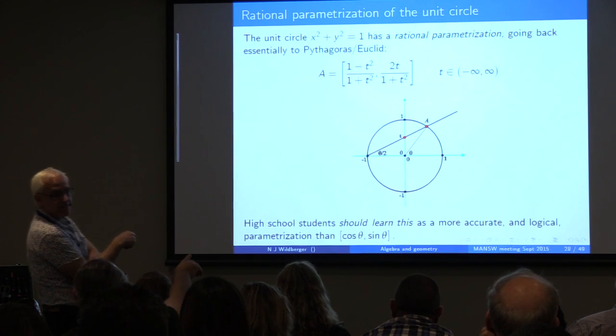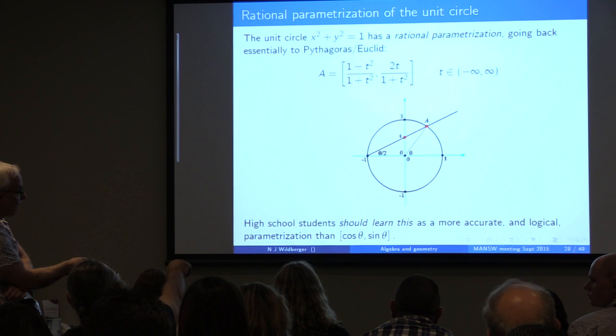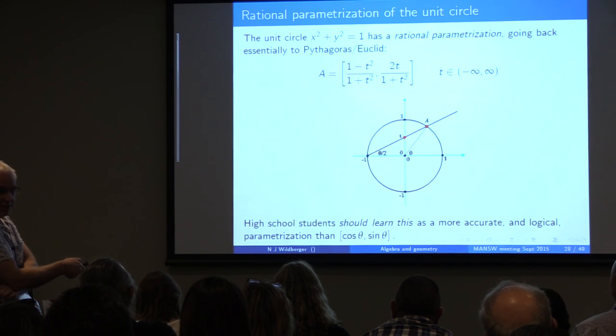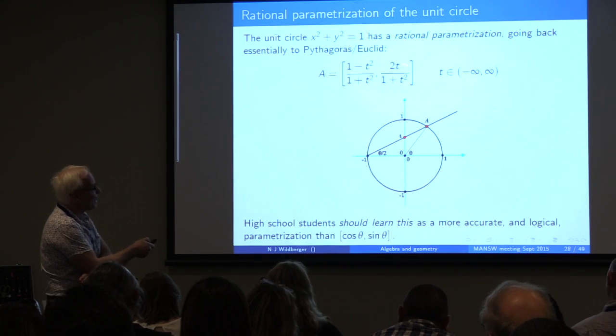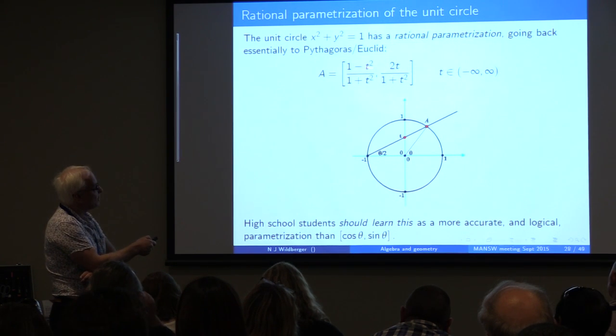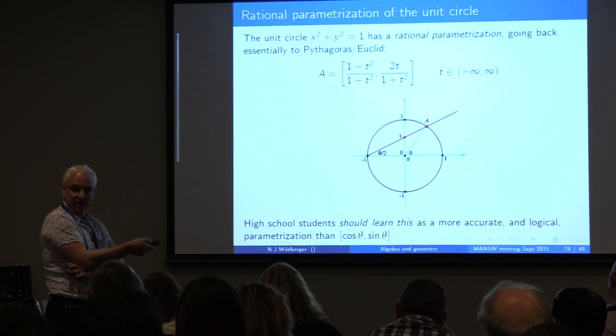Yes? For all the rational points that I got from that formula, what you're actually generating also is Pythagorean triples. Exactly, that's exactly right. That's what I talked about this morning. Oh, you did? Okay, I didn't come to your talk. Okay, so, yeah, that's exactly right. So hidden in this formula are Pythagorean triples, because if you take 2t and you take 1 minus t squared and you take 1 plus t squared, those three numbers form a Pythagorean triple.